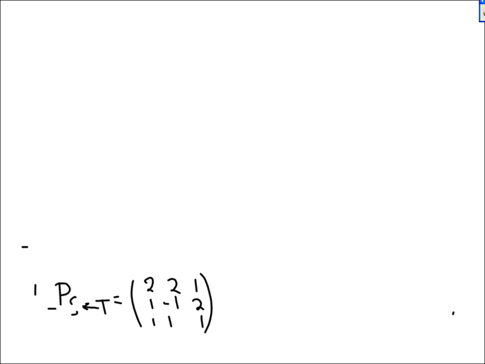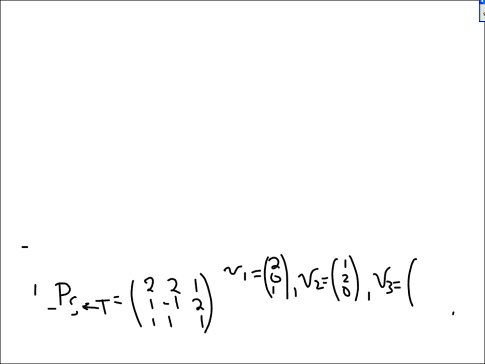Okay. So what I think we'll need, so let me put it down, are the vectors. V1 was 2, 0, 1. V sub 2 was 1, 2, 0. V sub 3 was 1, 1, 1. And this made up the set S. And the set T equaled